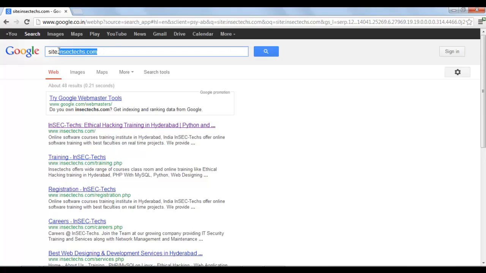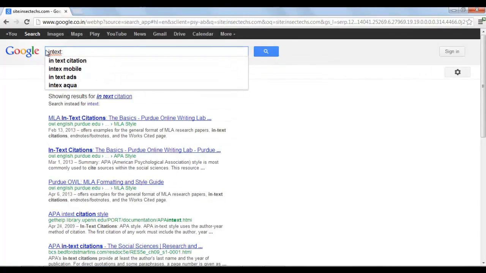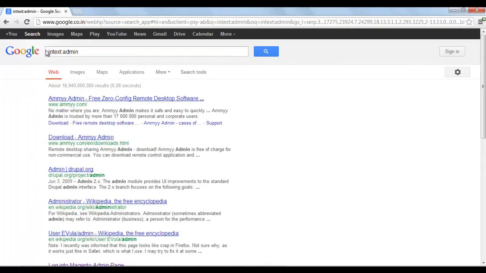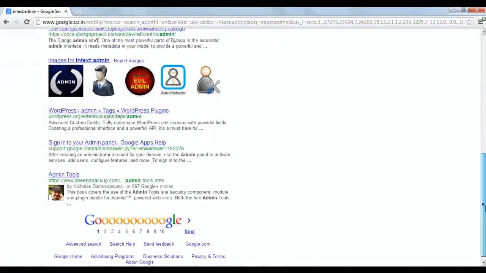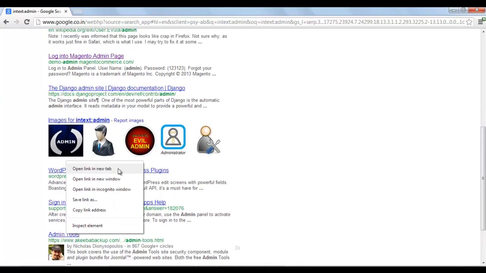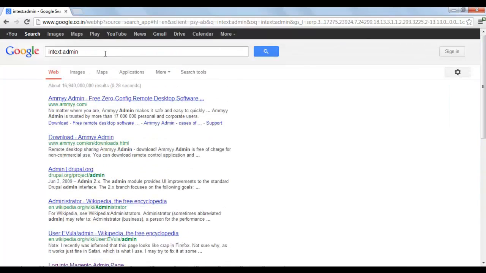Similarly, in text, I want to see the pages which are having the keyword admin in their text. So all these pages are having admin in their text. Similarly, if I want to find out